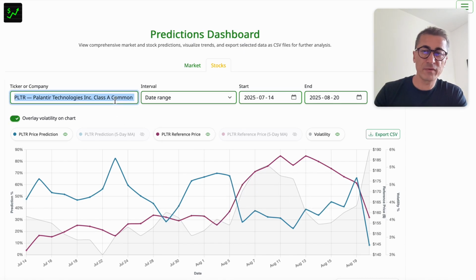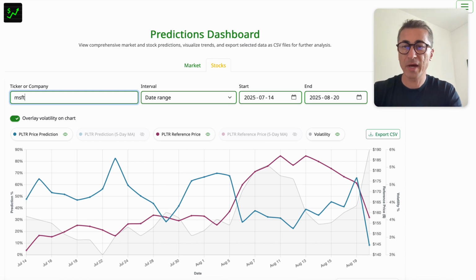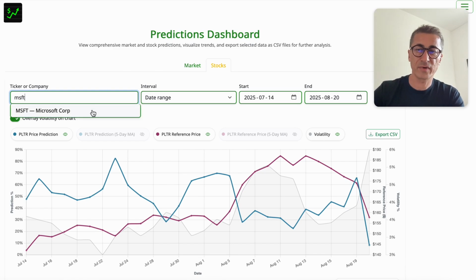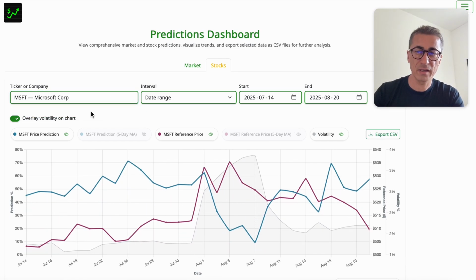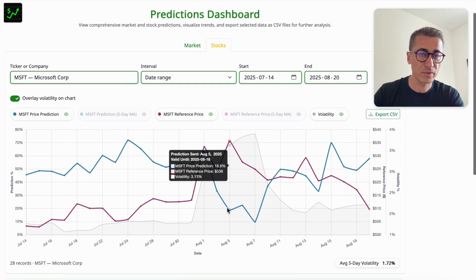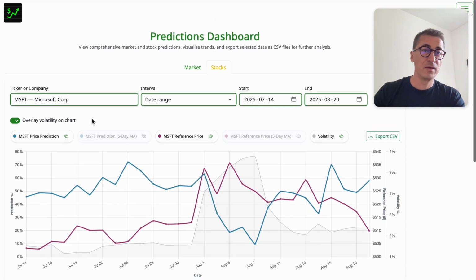So apart from Palantir, maybe we want to see Microsoft. If I just write MSFT and I find Microsoft in the list, if I just click on that, I start seeing the numbers for Microsoft. You can do the same for any other stock from American stock markets. As mentioned, our system covers more than 5,000 stocks, and these predictions are renewed on each market day before the